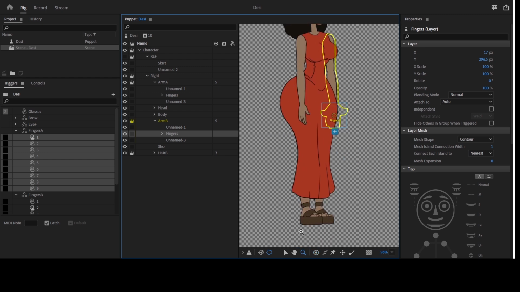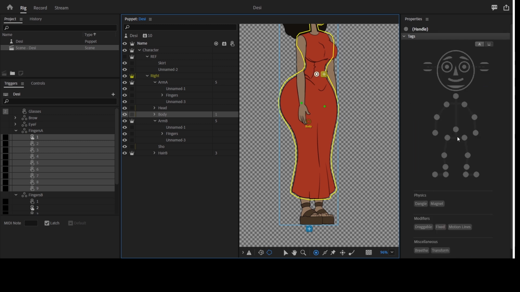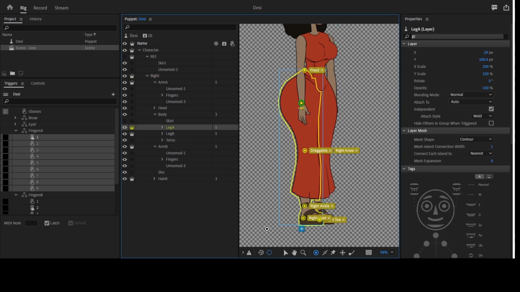So her skirt. Okay, first thing is, let me just click the body and let's add her waist. So let's start with the waist. It should be around here, and I like to add a draggable tag to that. So her hip, no need for draggable, so her hip again here. So perfect. Okay, so now let's click leg A,